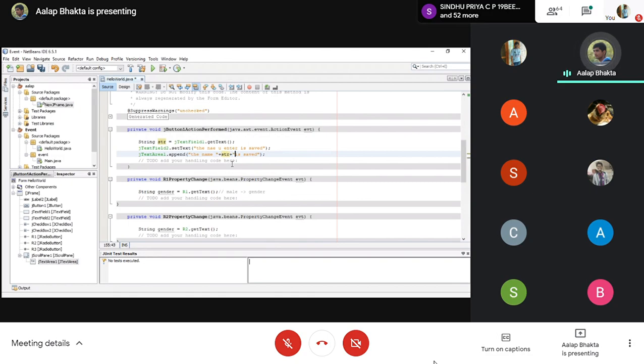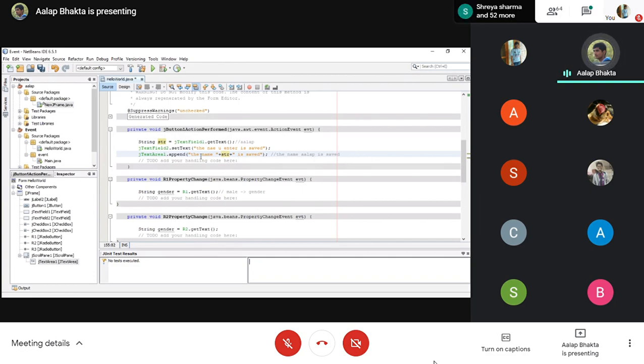It will be like the name. For example, I have inputted my name Alap. So here the text area will show the name Alap is saved.